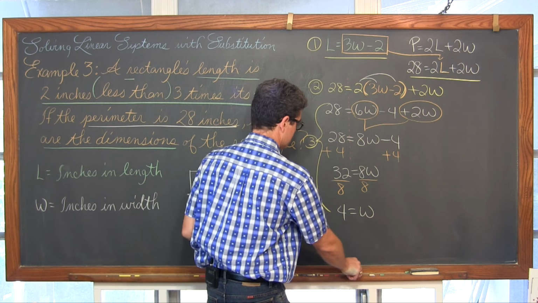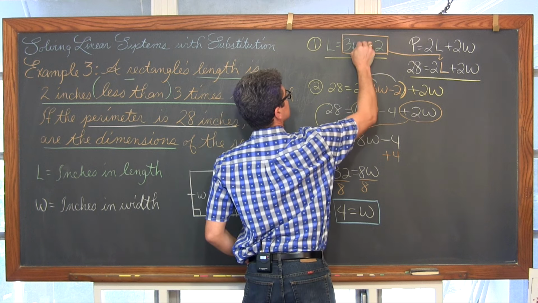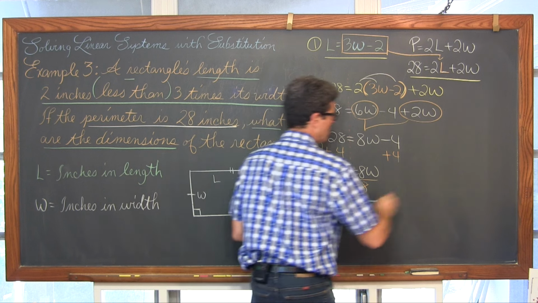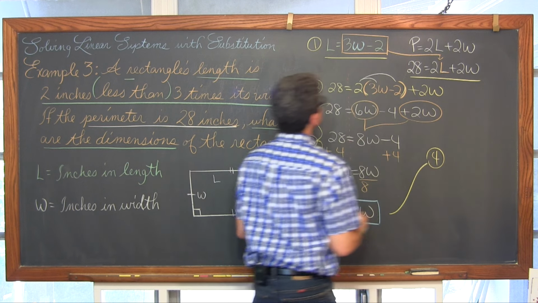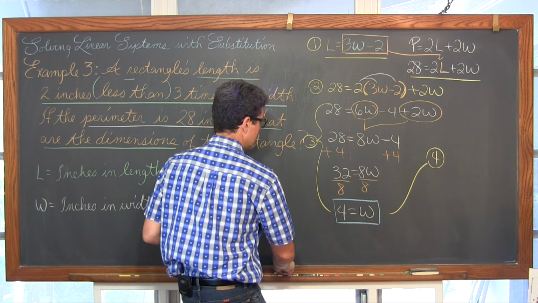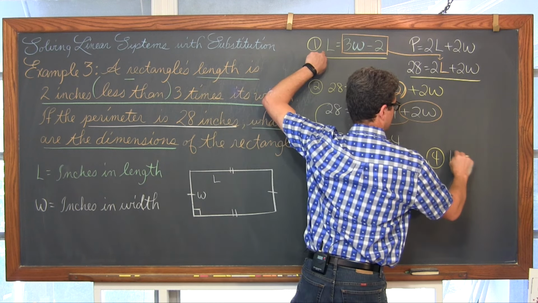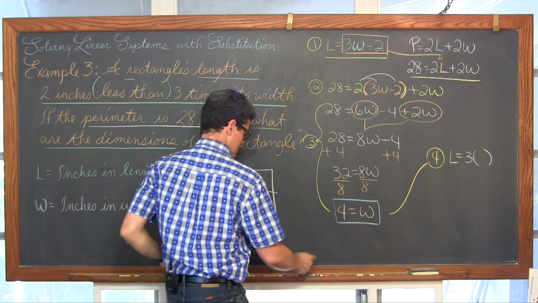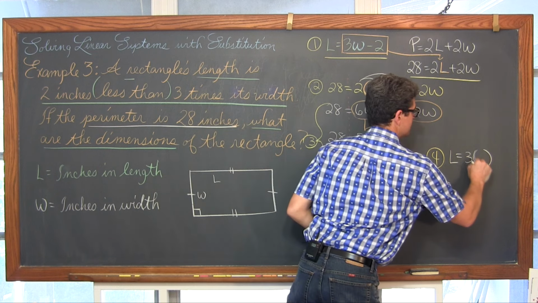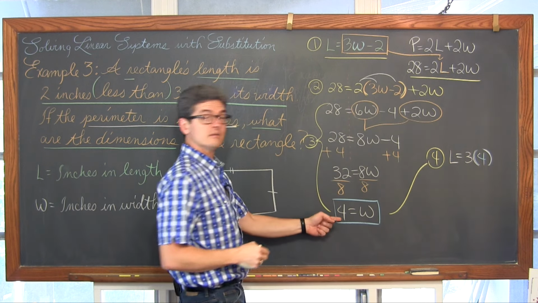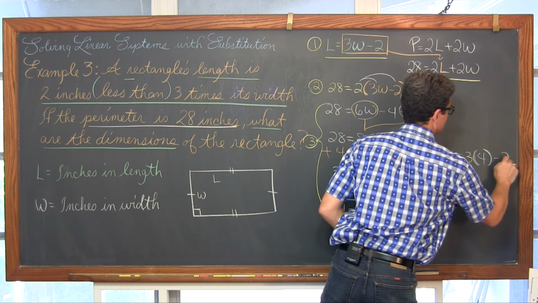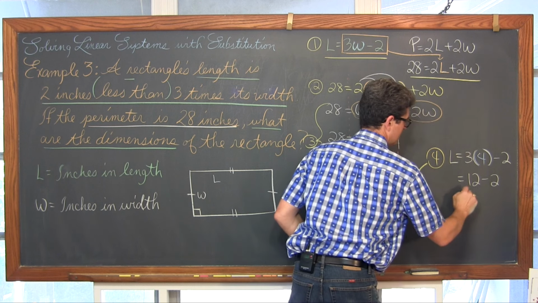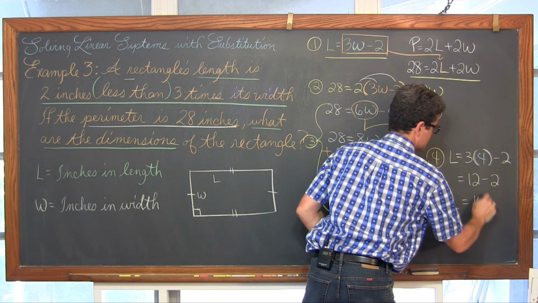And I guess we'll highlight this one in blue. Don't think you're going to see that blue and the green separated, but hopefully you can follow along with what we're doing. We have the length is equal to 3 times our W value of 4, right? That's what we just found, minus 2. 3 times 4 is 12, minus 2, and that is equal to 10.